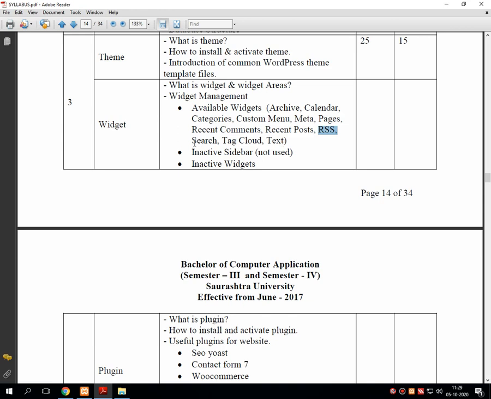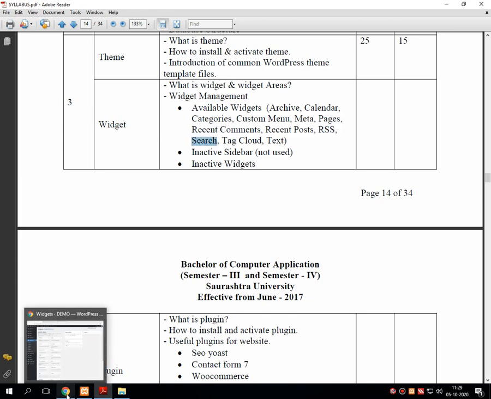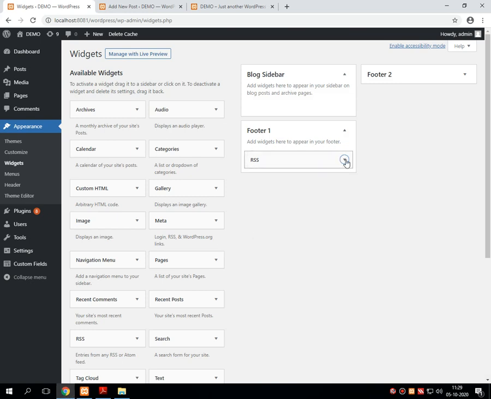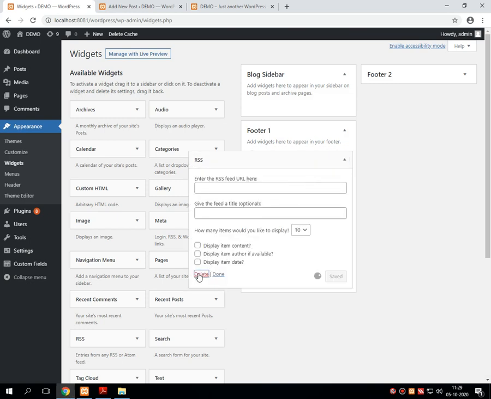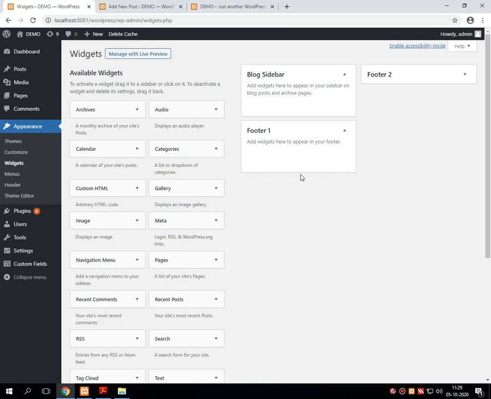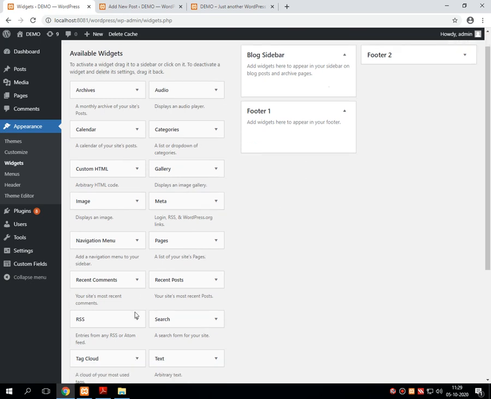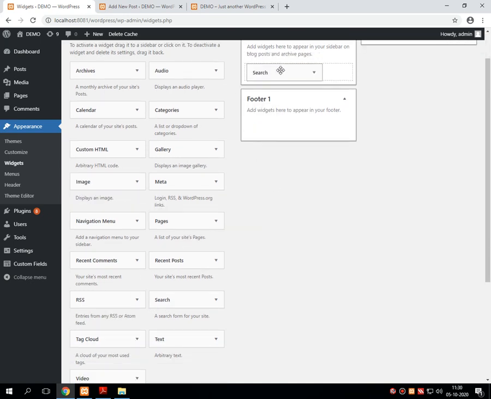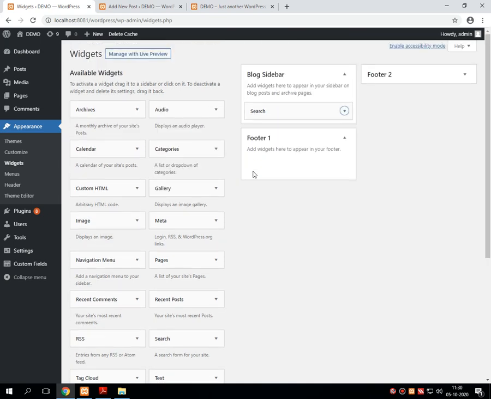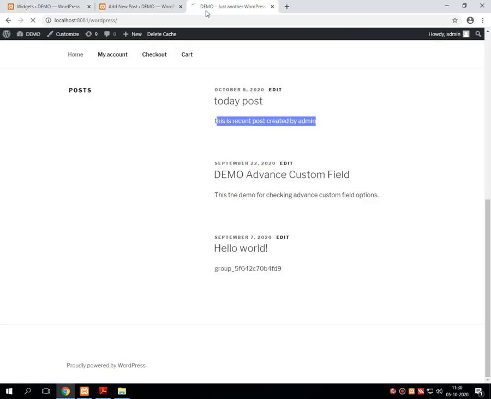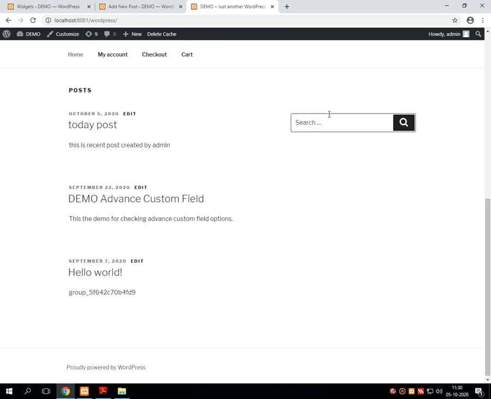Next one is search. I think in our previous lecture we have gone through search also, but again I am including that particular portion over here just for revision purposes. Just adding search over here. Done. Refresh. Here you will get the search. Now here I am writing today post and pressing search.